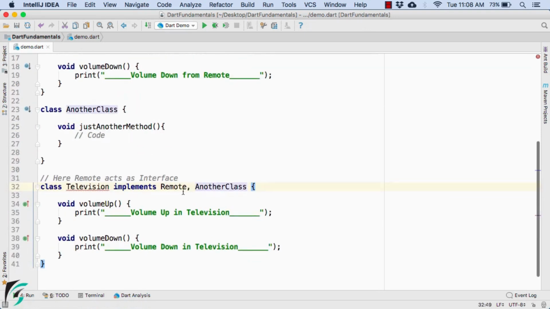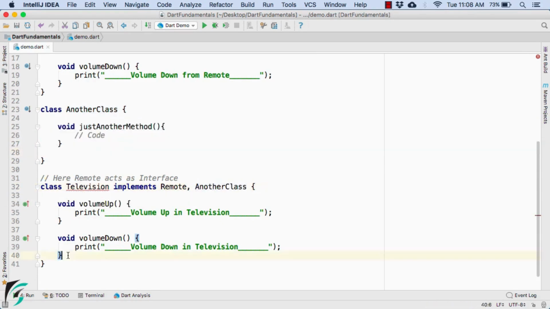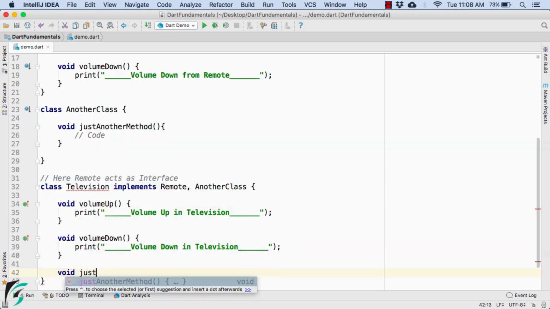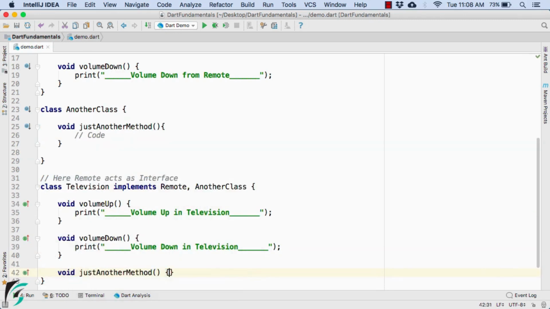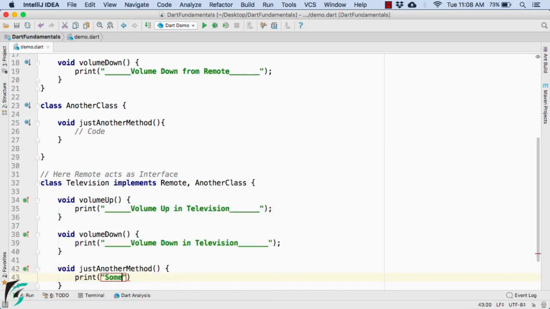So in interface, you can implement multiple classes. And when you implement another class, then it is mandatory to override this method as well. Just because here the compiler is not happy, it is showing us some error. So down below here, let us override that just another method as well. And here you can put your own code, such as print some code.